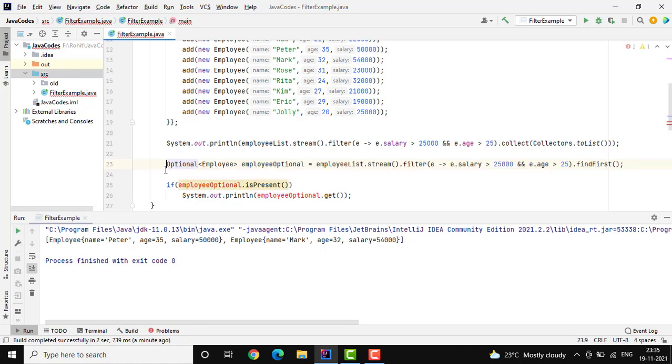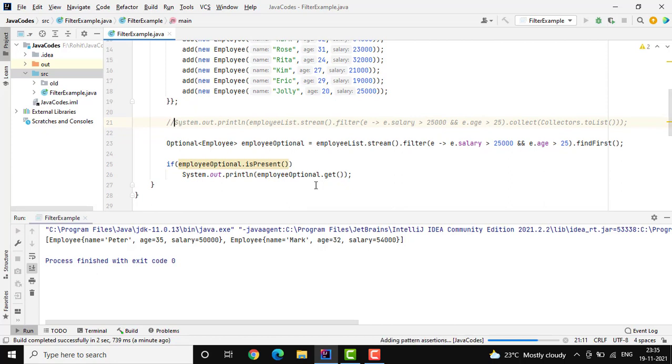Let's try to execute again. So now when I run it, I get only one record. So from the filter results, it is going to return the first record.